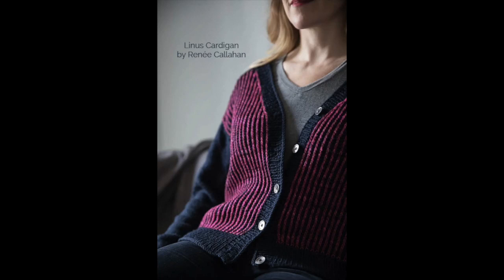But it's done in 2 weights. So essentially the body of the sweater is knit in a DK weight yarn, and then a fingering weight yarn is used as the secondary color to run through it for brioche. So I decided I wanted a good neutral sweater, but neutral for me. Neutral means rainbows. So the body of the sweater